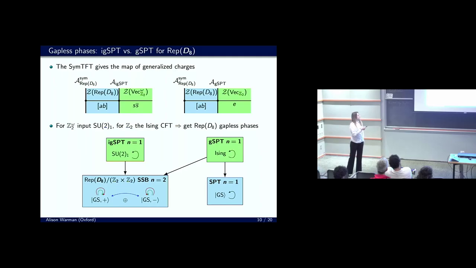If instead we choose this other algebra labeled by AI GSPT, we have a different reduced topological order, which is the double semion model, or mathematically the center of Z2 with a non-trivial cocycle anomaly on it. So in this case, AB, which is a boson, becomes again a boson, SS bar. But this time, because of the anomaly, we only have one gapped boundary condition, which is an SSB phase, this one. So we see that in this case, this is a standard GSPT because it can be deformed to an SPT of the same symmetry properties, while this is an IGSPT because it can only be gapped to a phase that breaks the symmetry.